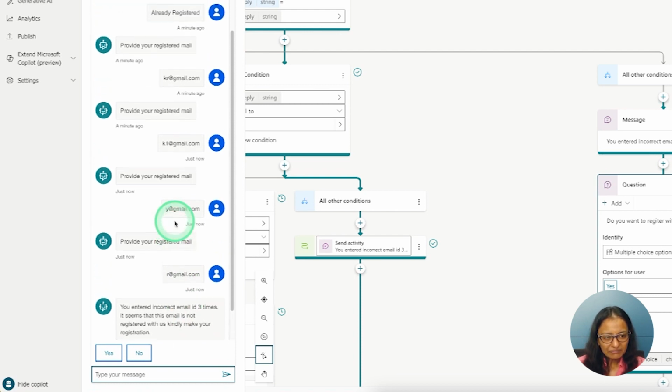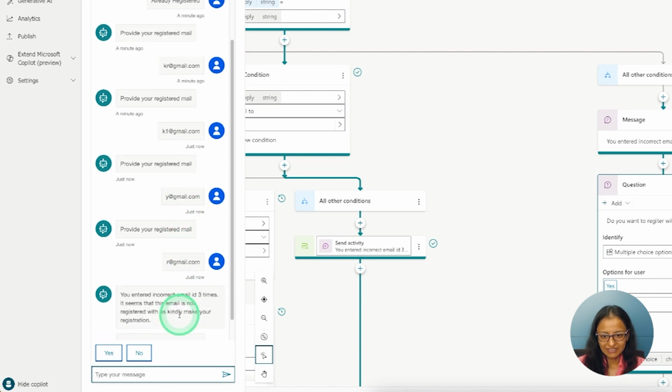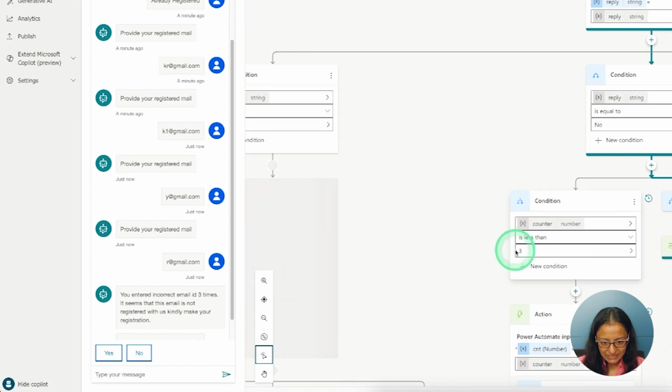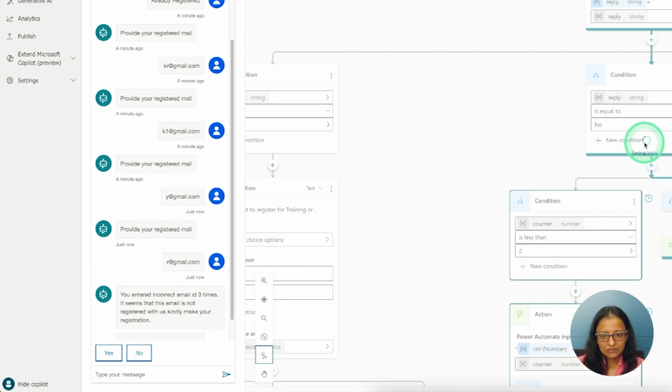And here what happened, actually, if you have seen, 1, 2, 3 and 4 times I should give. So what you can do, instead of less than 3, here you can say less than 2. So 0, 1 and 2. So basically 3 times, but we are calculating from 0. Okay, so let's just save the changes and test it back. It's saving. The process is going on.